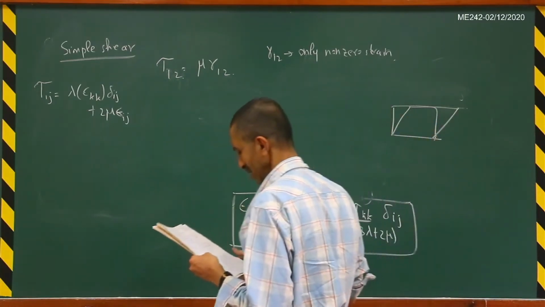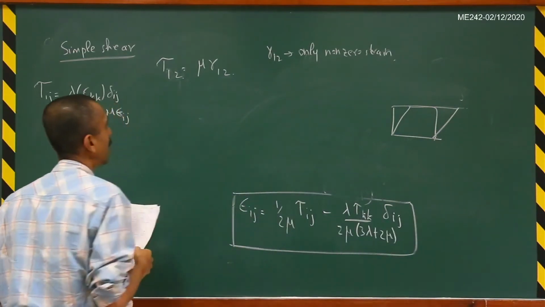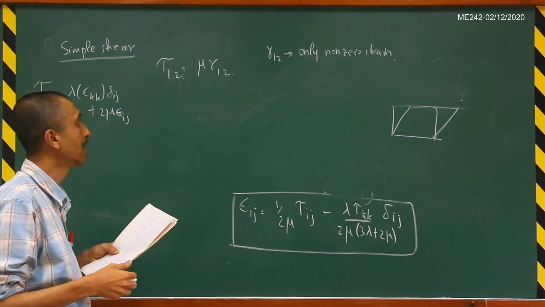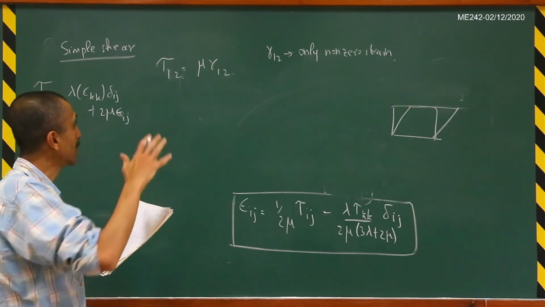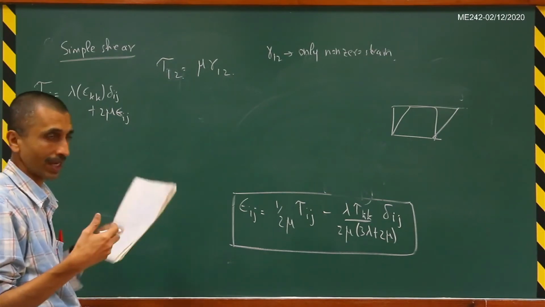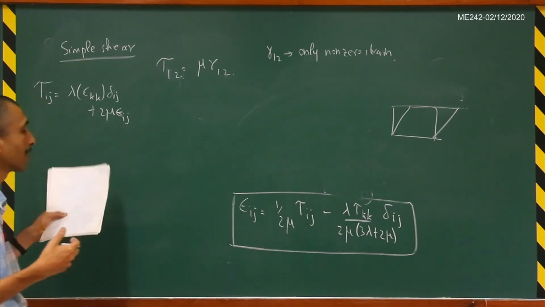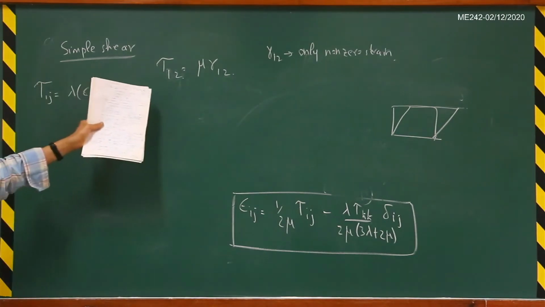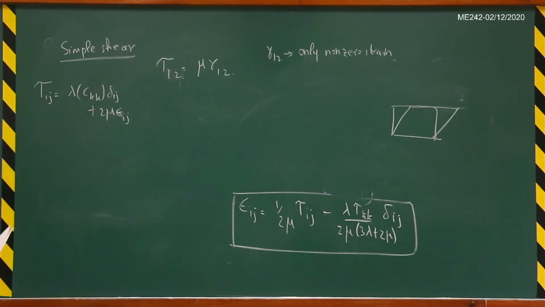And here in this particular case, we can even deduce certain bounds on this lambda and mu using these 3 cases as a thought experiment. The 3 cases that I am going to talk about are simple shear, then the uniform compression of a sphere, and the third is a unidirectional extension of a bar. Okay, so first we are considering this simple shear case here.